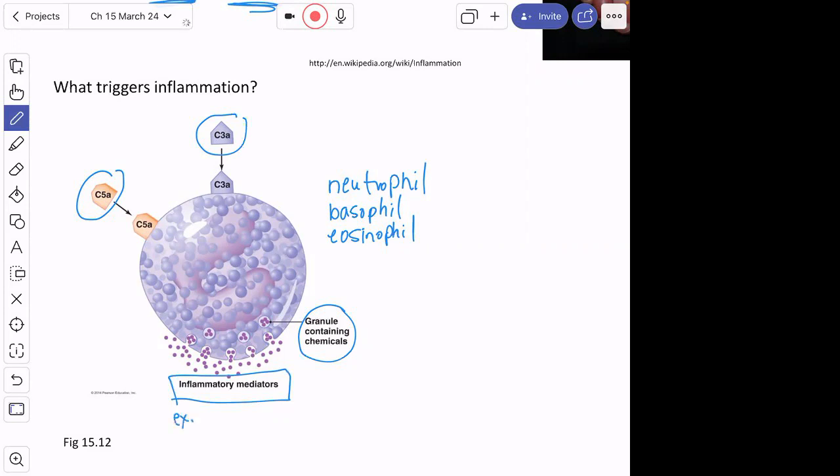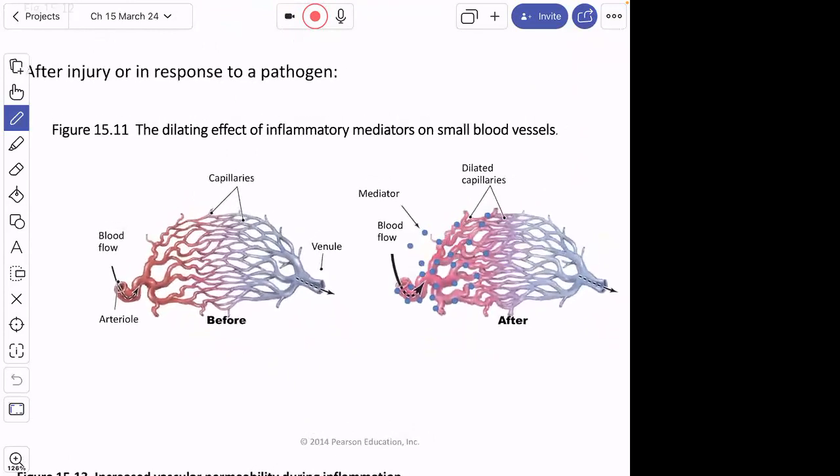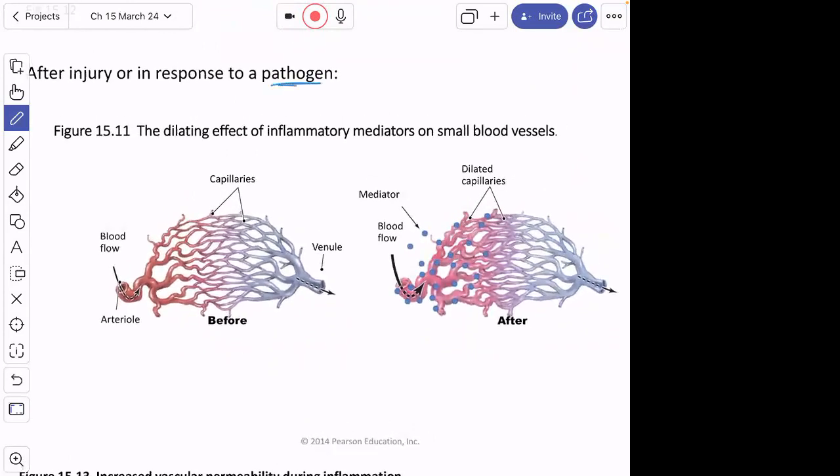One example that probably everybody's familiar with is histamine. Okay, you get a cold, you might take a drug that's an antihistamine, right, to keep your nose from swelling up and getting runny. So histamine is maybe the more recognizable of those inflammatory mediators. Okay, what do those inflammatory mediators do? They are going to act on the blood vessels. Okay, so again, in response to some kind of pathogen, or maybe you have some kind of injury,